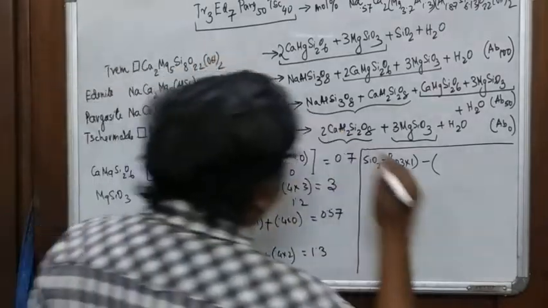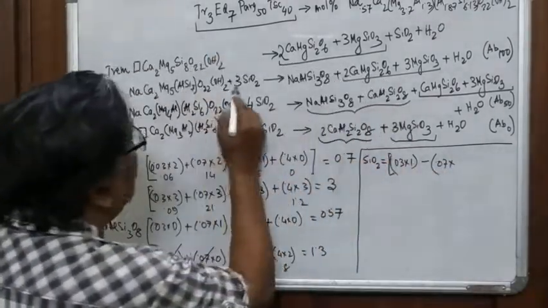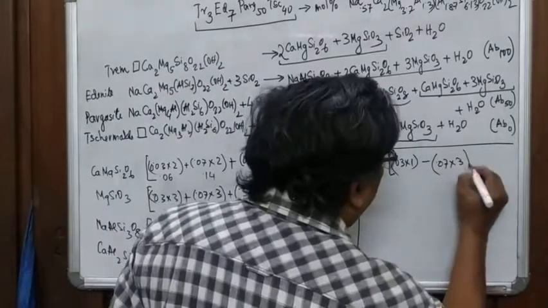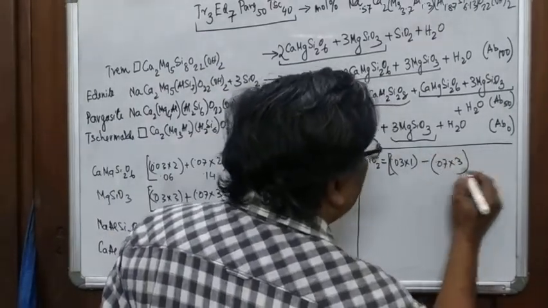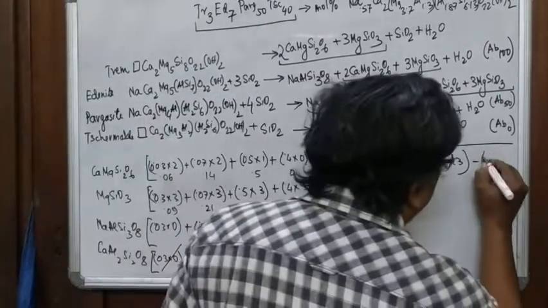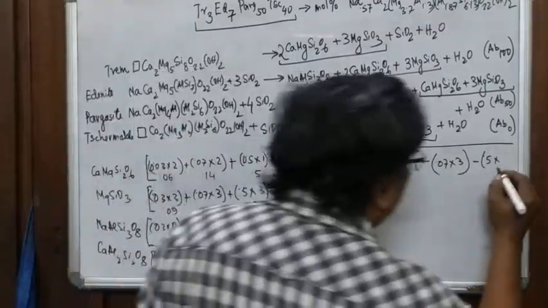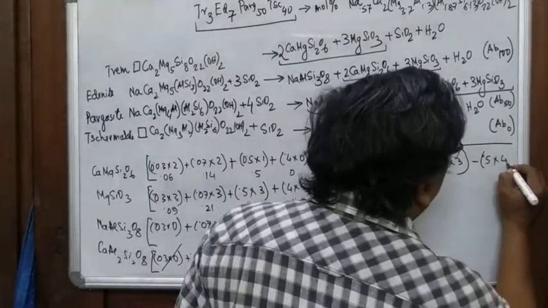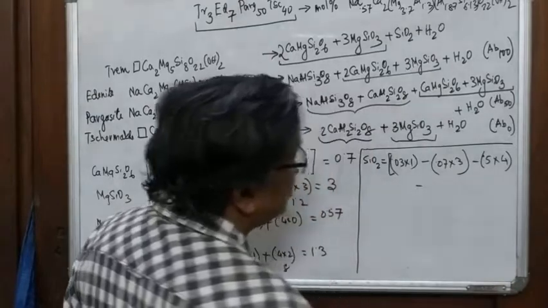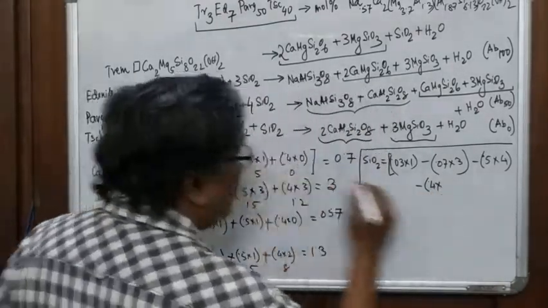So then you will have 0.07 into 3, minus 0.5 into 4, minus 0.4 into 1,